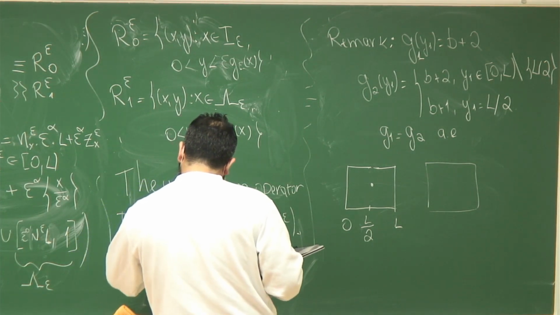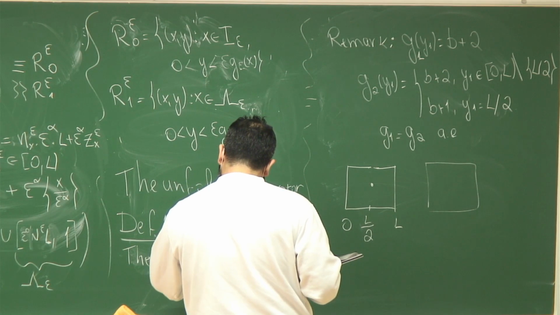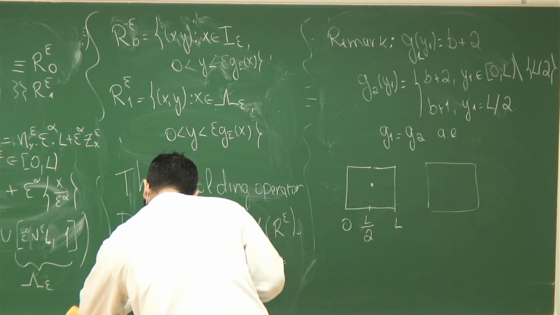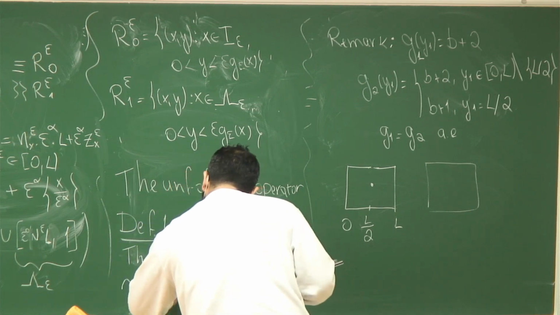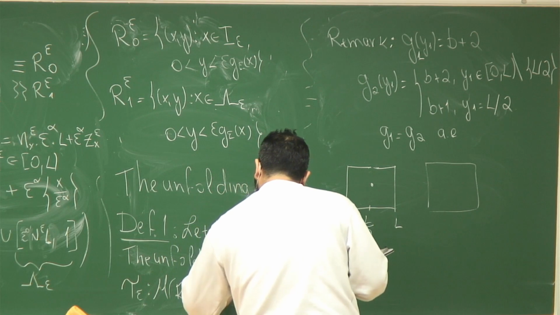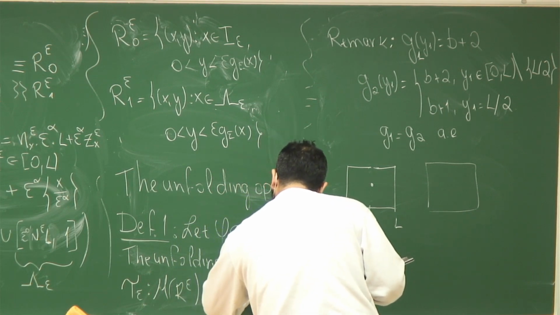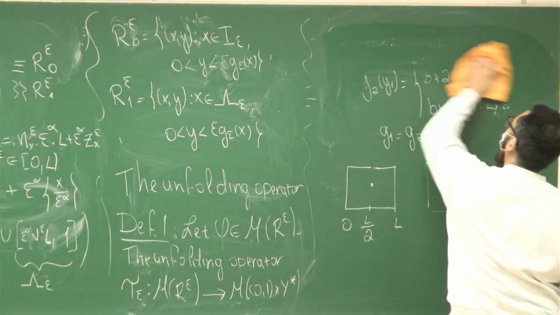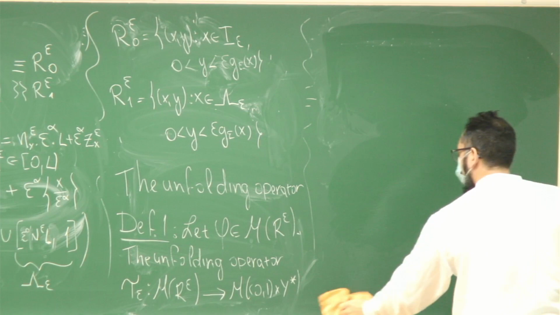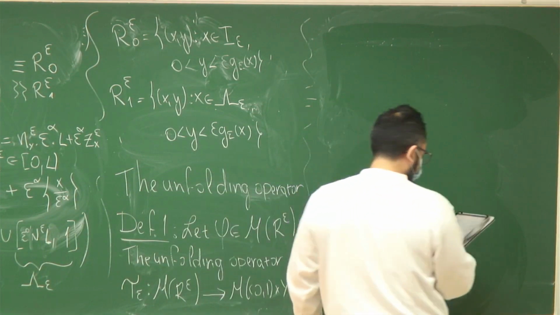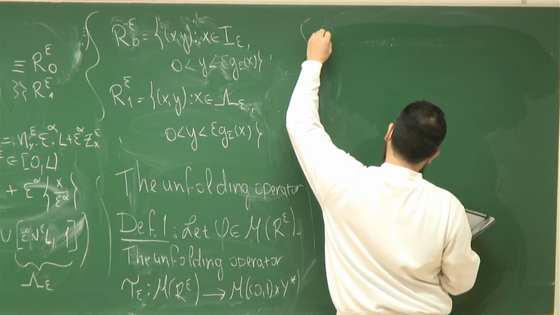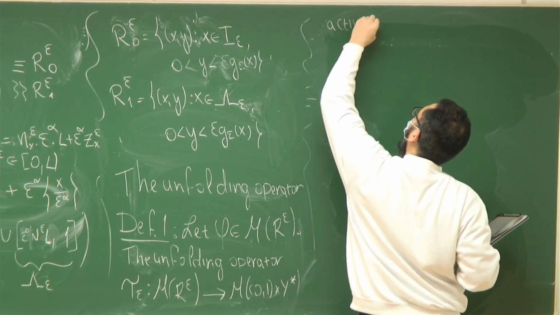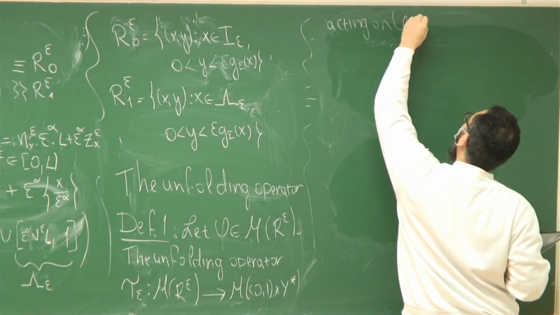The unfolding operator T epsilon, which will take measurable functions in R epsilon and give functions also measurable, is defined by, oops, I forgot, acting on phi is